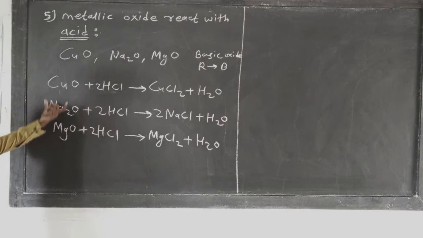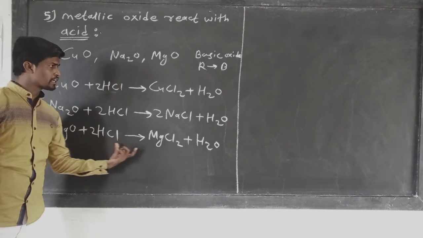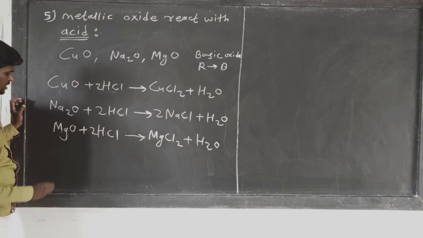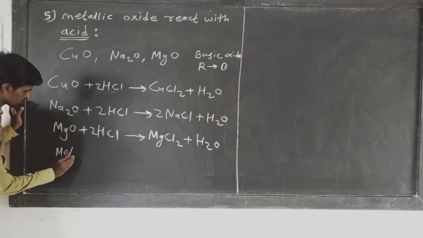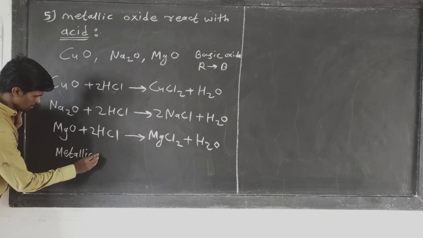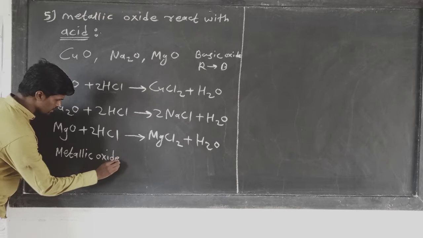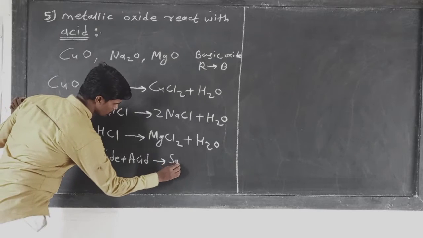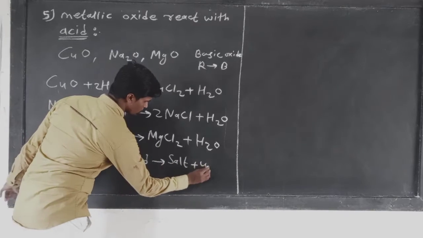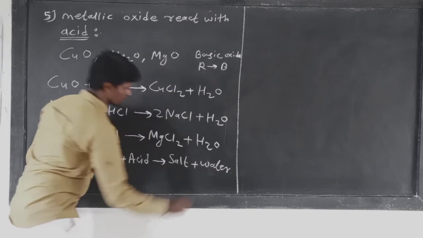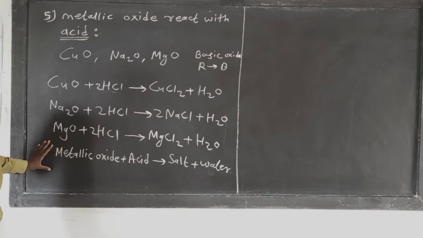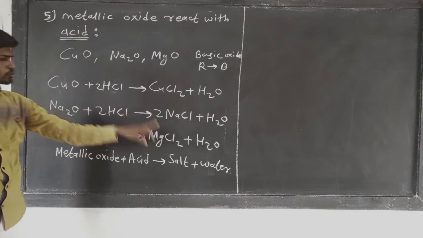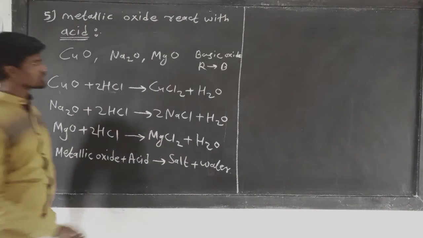Means when metallic oxide reacts with acid, it gives salt and water, and hence write the general form of this reaction: metallic oxide reacted with acid gives salt plus water. This is the general form of this reaction. So understand this point, metallic oxide reacts with acid, it gives salt and water. Then point number 6,